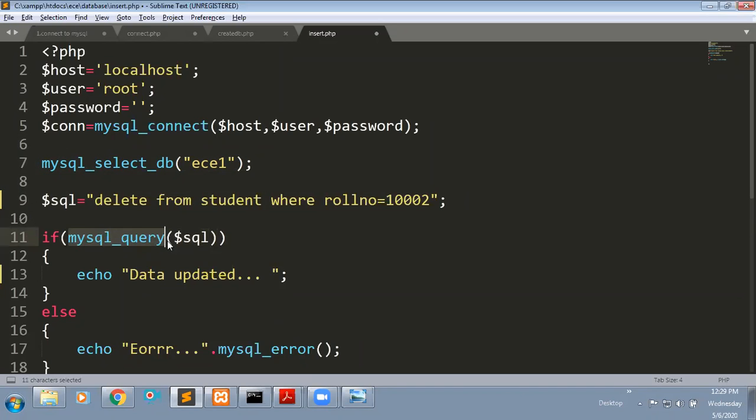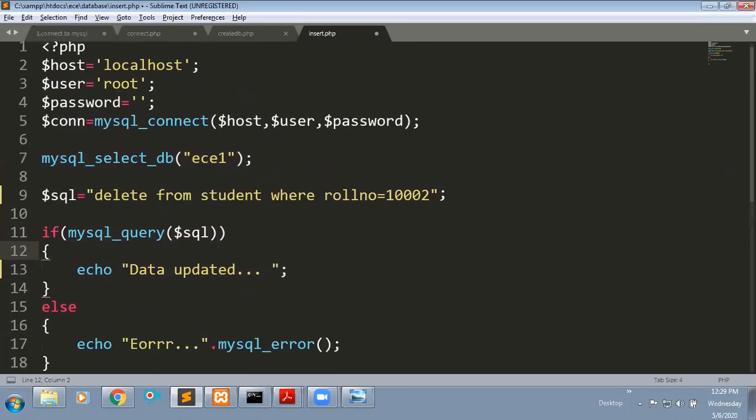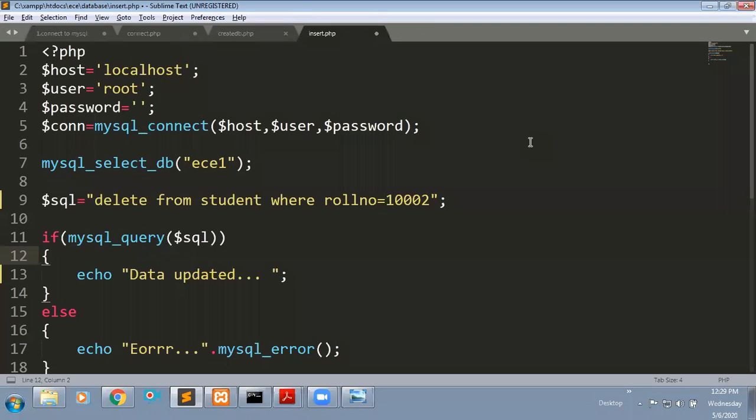This function. One thing you need to remember: after performing any operation, you need to close your connection with MySQL. I'm sorry, previously I did not discuss closing your database connection. After connecting to your server, you did some operations.